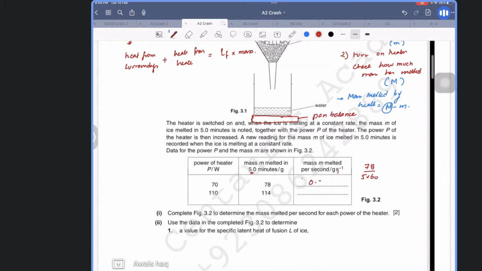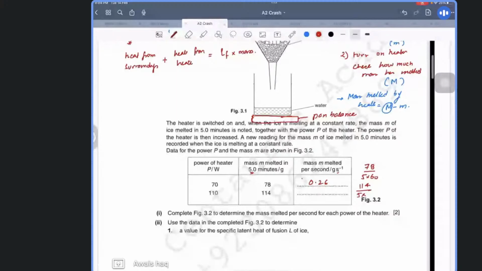0.26. 0.26, and this one would be 114 divided by 5 times 60. That would be 0.38. 0.38. Okay, then it says complete the